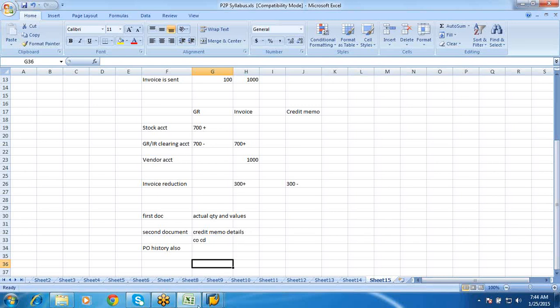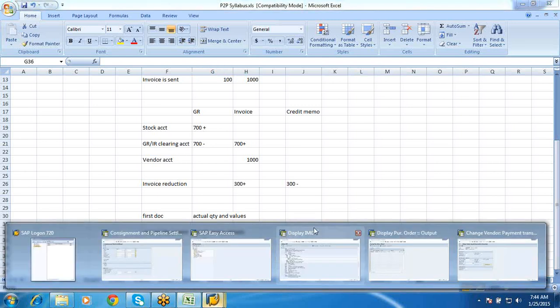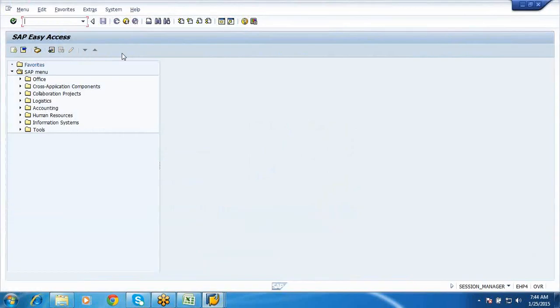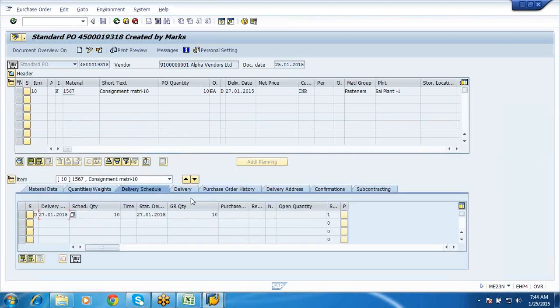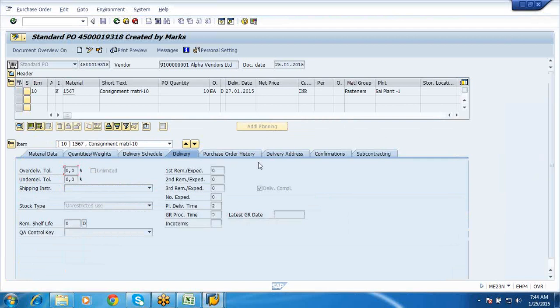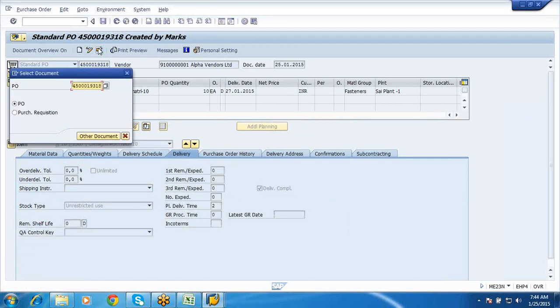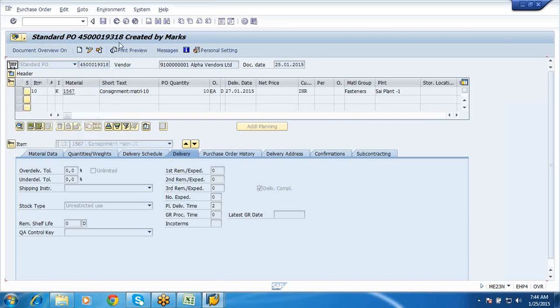I think we are talking about this, I believe. Hold on, let me just create a PO itself.